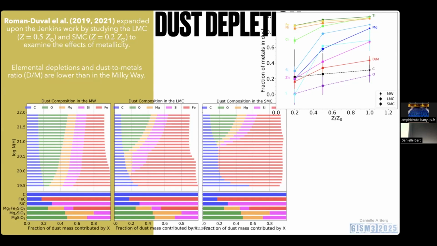And so if you just almost let your eyes glaze over and look at how the shapes of things change, looking at high metallicity Milky Way to the Large Magellanic Cloud at 50% solar, to the Small Magellanic Cloud at 20% solar, you'll see that things really change. One of the things that was impressive to me to see was that oxygen and silicon took higher and higher column densities before they really started depleting significantly. And you can also see the fraction of the metal in the dust versus metallicity here